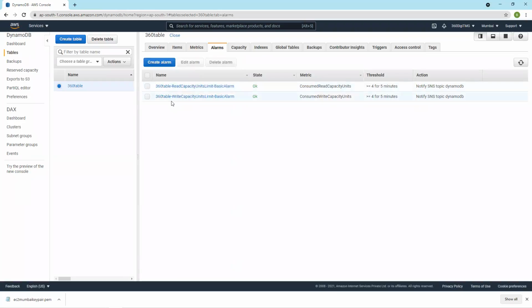By default, they came along with the settings. We have not created these alarms. The maximum threshold is 5 read capacity units and 5 write capacity units. If I reach the threshold, it will notify the topic called DynamoDB.